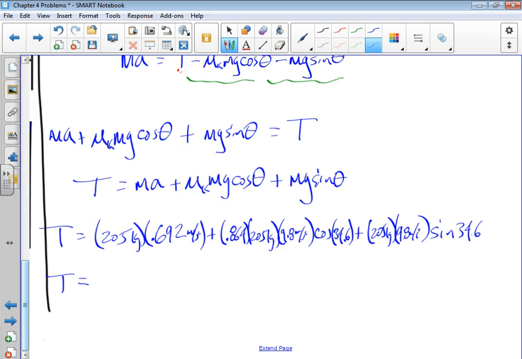I'll push the buttons. I'm going to pause this recording because who wants to just wait while I push buttons? I'll push the buttons and I'll come back in a split second and let you know if I got the right answer. You should probably check to see if you can do it too. Make sure your calculator's in degrees. So taking this in stages, I have 141.86 newtons